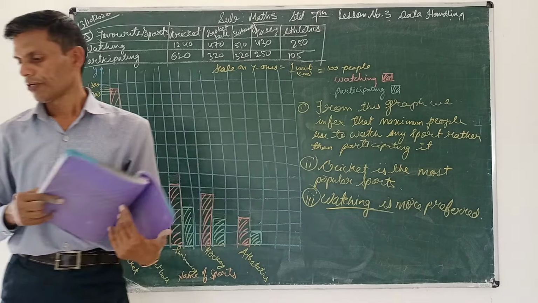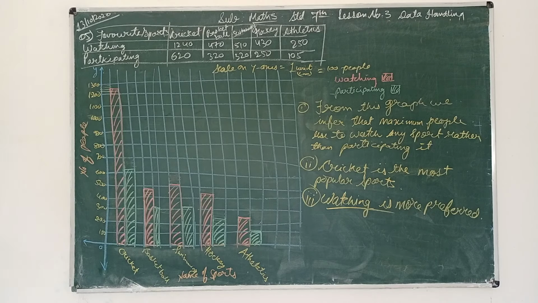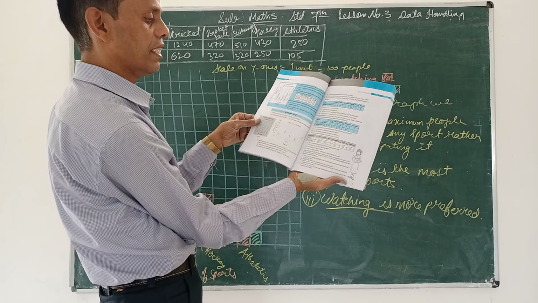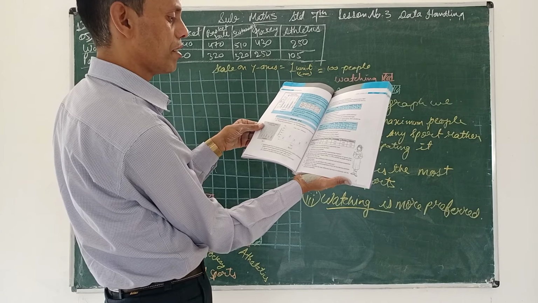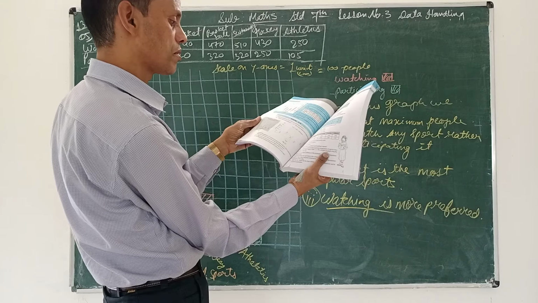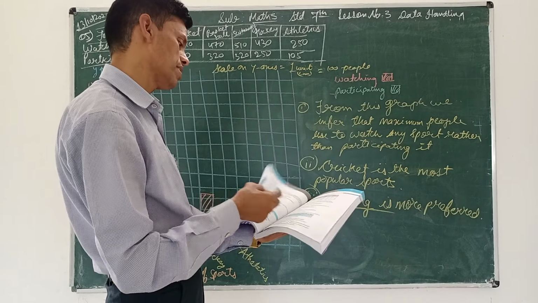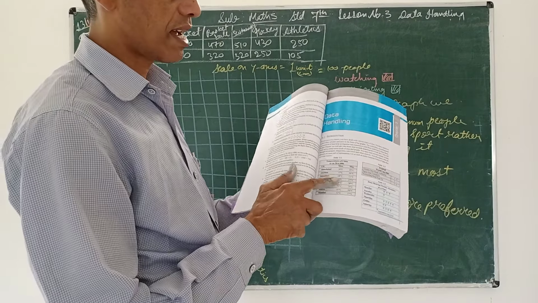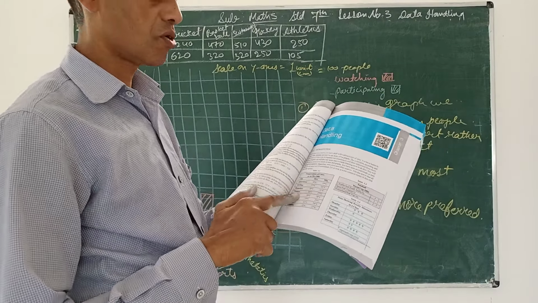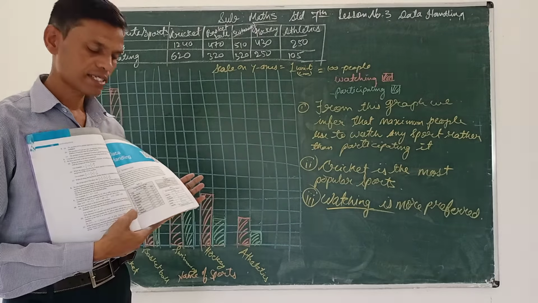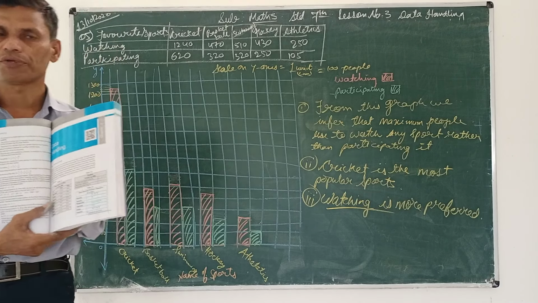Okay. Now, last question. Question number 6. Here it is said, if you see this on page number 73, last question 6 here. Take the data given in table 3.1, the minimum and maximum temperature of various cities. Where is table 3.1? You have to go to this one. You have to draw the graph of this in your notebook. This is homework for you, students. You draw. If you do not follow, you can ask us. We will explain to you. Okay, this is the homework for you. Okay, students.